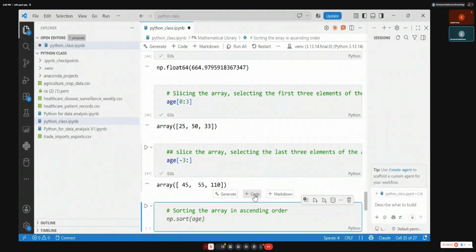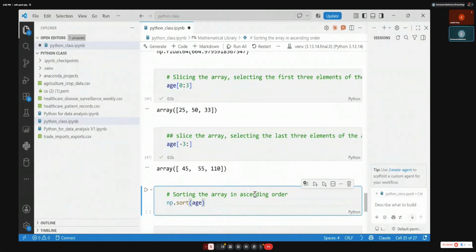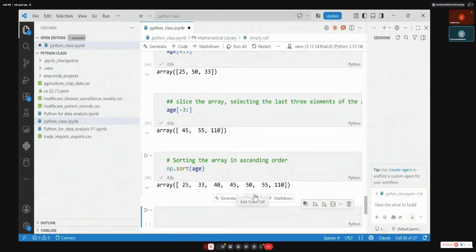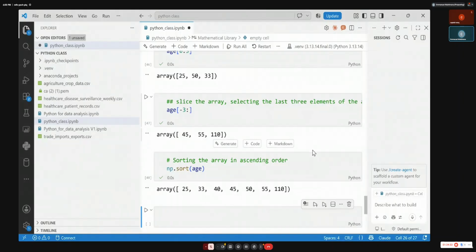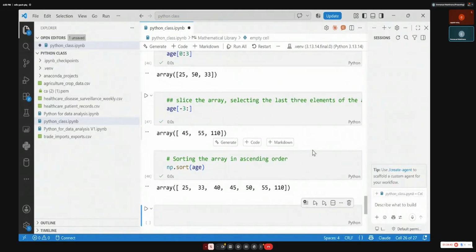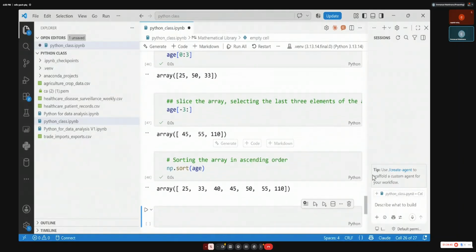I will press tab. Now it is going to sort it. np.sort. I run the code. Now I'm sorting these values from smallest to highest. So this is really something you play around with, and you don't struggle within your code.